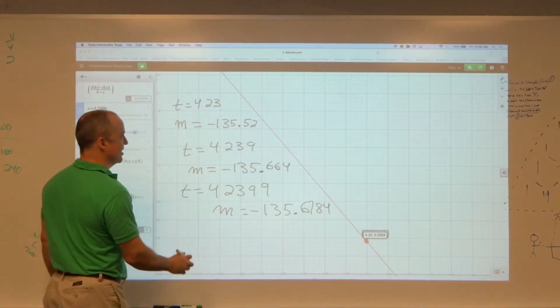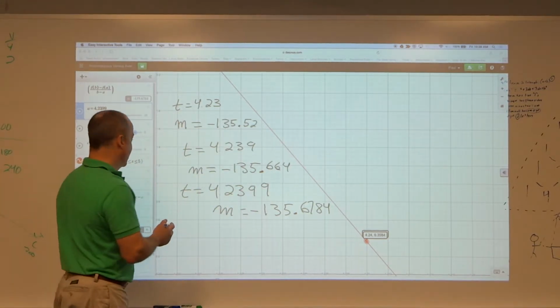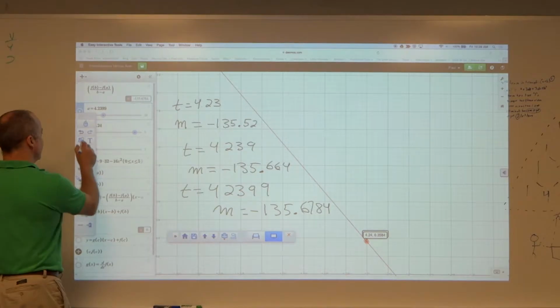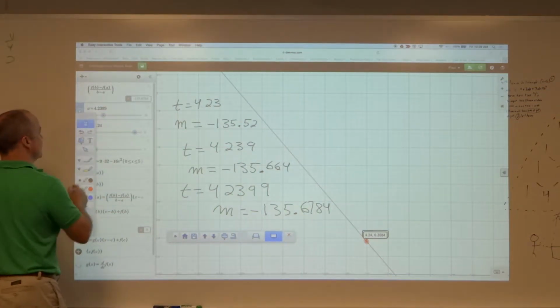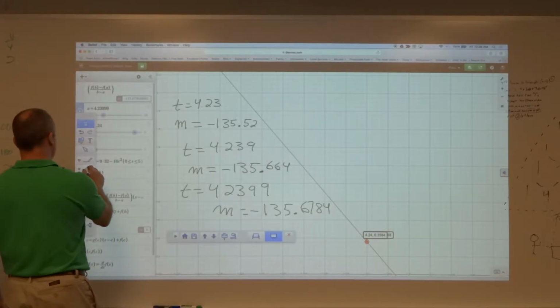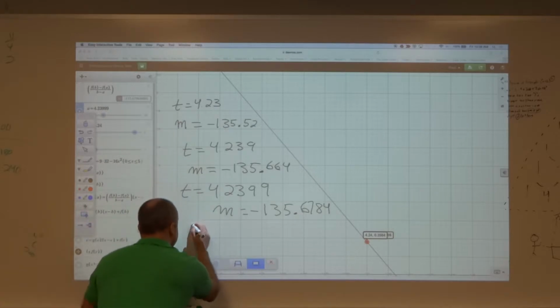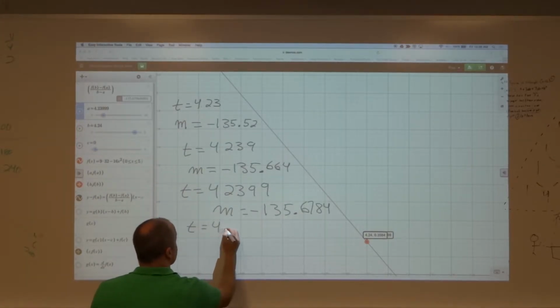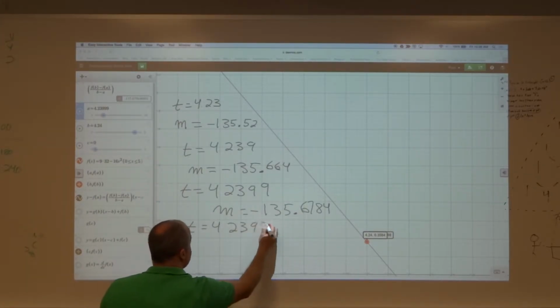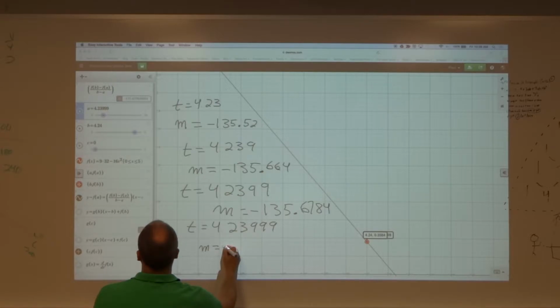And look at what's happening here. It's been 135 point something 3 times in a row. And in a moment, hang on a sec, Alexi. Type in another 9, Zach. Wait for it. Okay, so now what we're looking at is t equals 4.23999, and it looks like my slope, which is my average rate of change between these 2 points, there's still 2 points,